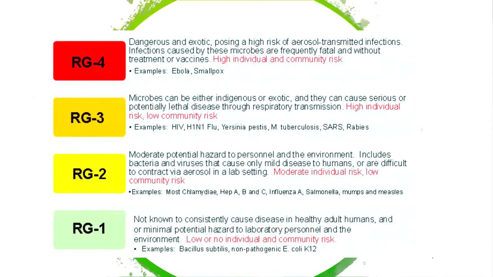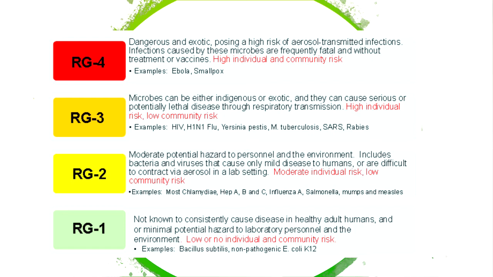So, ano ba yung examples ng mga microorganism na yan? Sa risk group 1, you have the Bacillus subtilis, non-pathogenic E. coli. Yung mga non-pathogenic E. coli na yan, as we all know, E. coli is part of our flora, di ba? So, kapag dumumi ka, may E. coli talaga. Kaya nga naman, hindi talaga infectious ang E. coli. So, risk group 2, example of that is the Chlamydia, Hepa A, Hepa B, and C, influenza, salmonella, mumps,